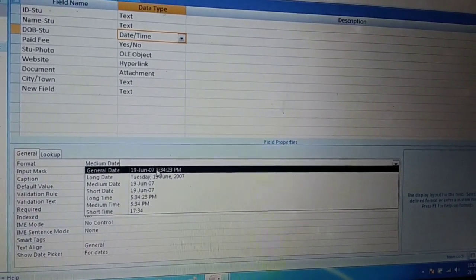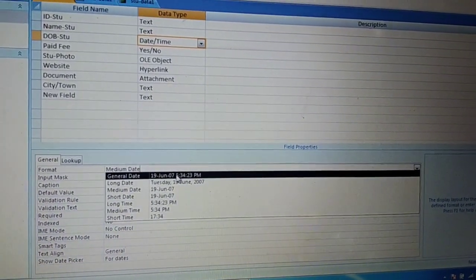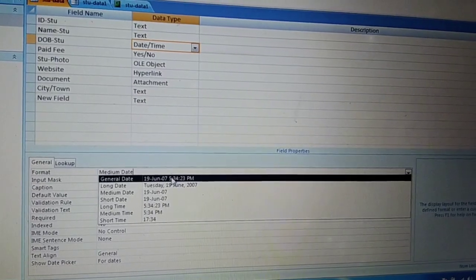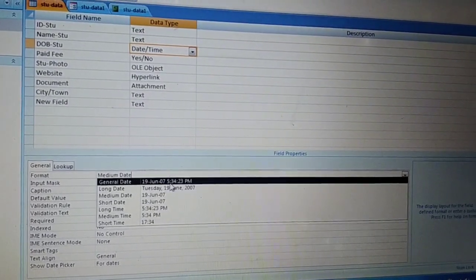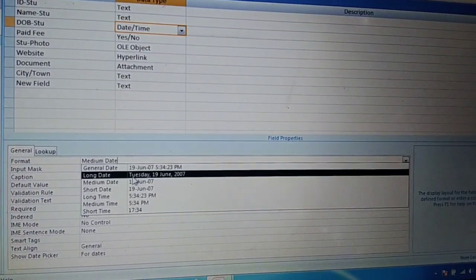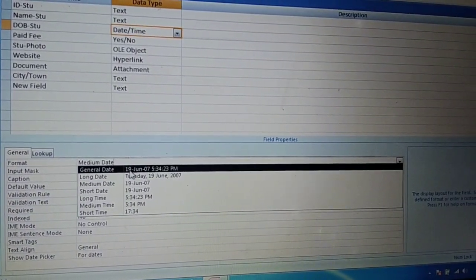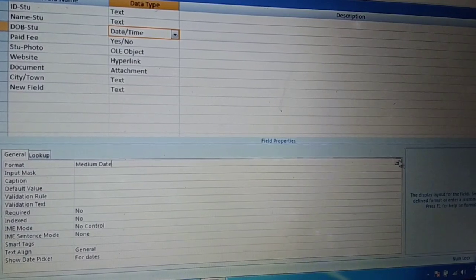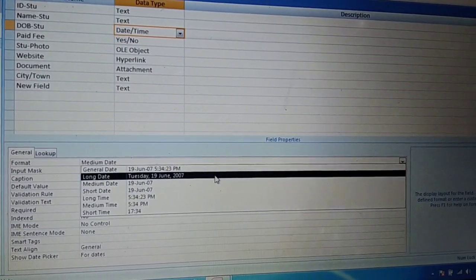So it depends upon the criteria. If I select this one, it is not getting selected.